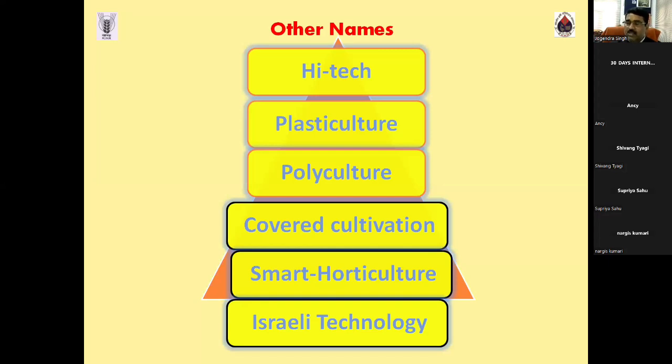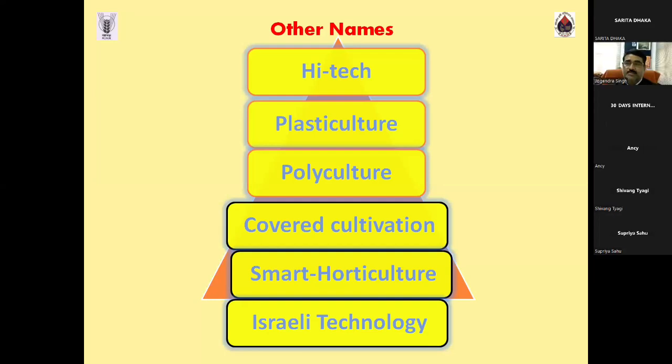So these are a lot of names, and the smart. So these are the systems, but we can make it clear: one structure is having a lot of names. So ultimately, these are different names of the protected cultivation technology. So we can learn more, with no confusion. If anybody asks what smart farming is, you can say precision farming, AI system, IoT system, vertical system.